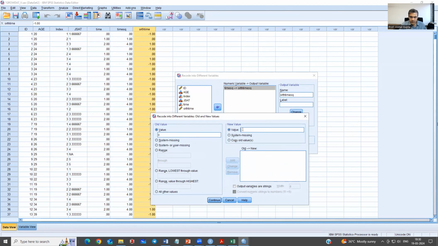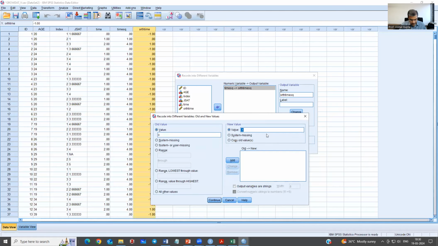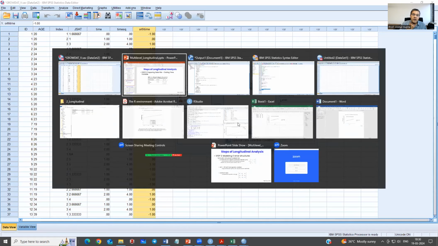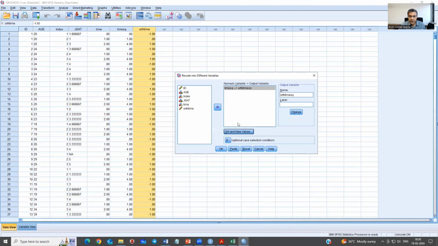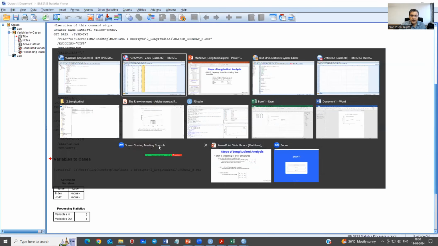Old value is 0, new value is -1, no, 1 minus 2 and 1, minus 2 and 2 is, let me check again, 1 minus 2 and 1. So I paste the syntax